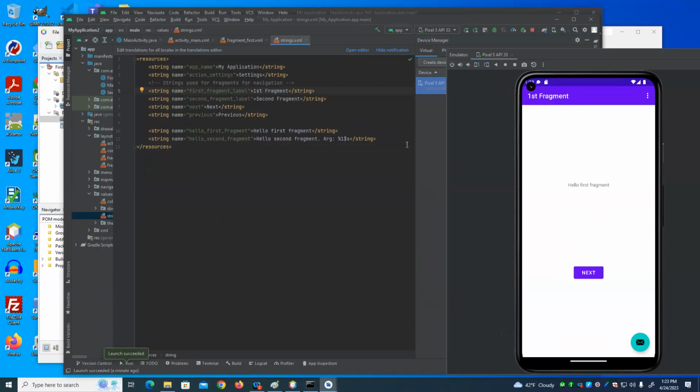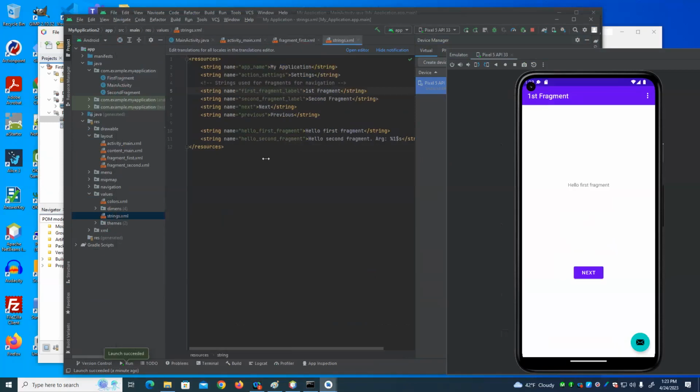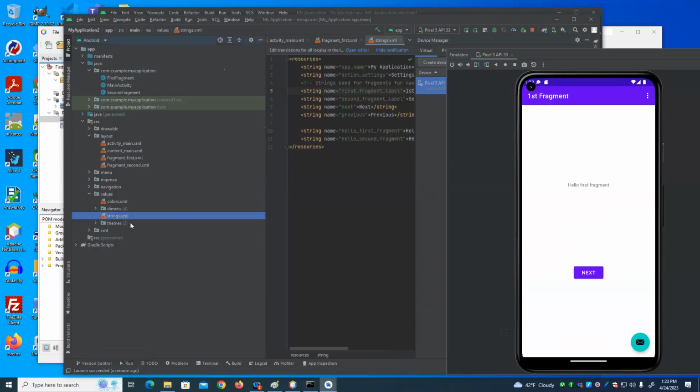So you can actually create the resource file for strings. The default is called strings. If you wanted to create a strings French file, you would create a file called strings-fr. And then if you change the settings of the device,